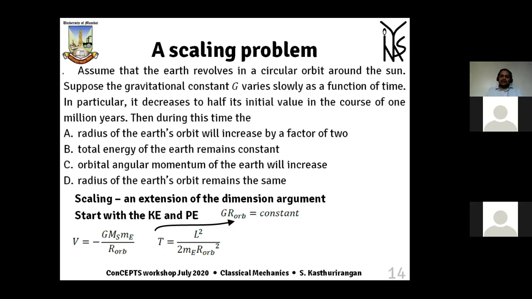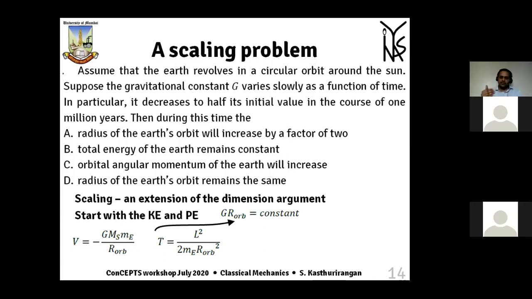If the attraction is reduced, why will the fellow come close? Either he will move away or he will remain at the same place. Coming close does not seem physically intuitive if the attraction force is reduced. Most likely he will move away, which is what happens in reality as we are seeing.